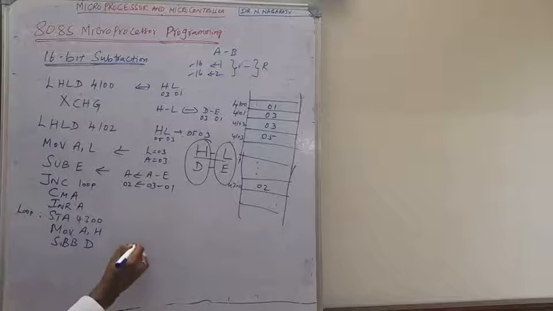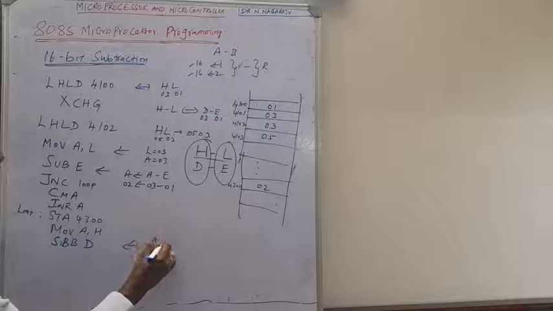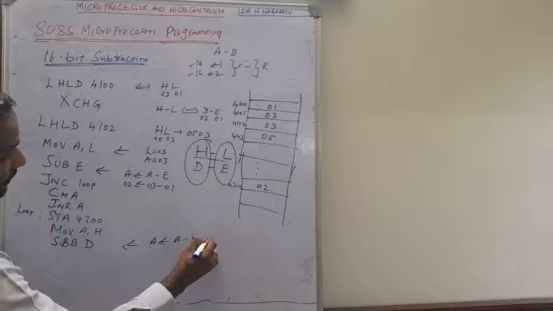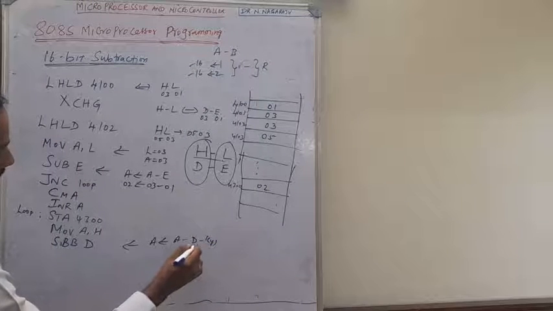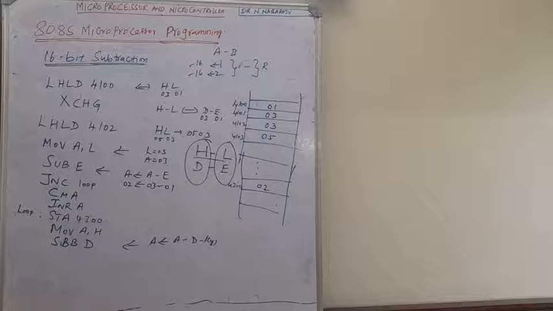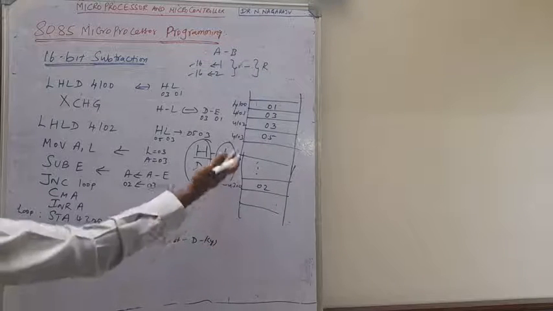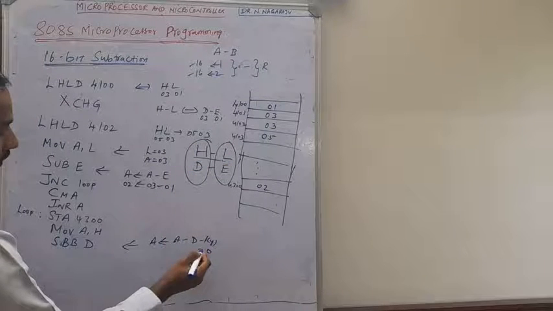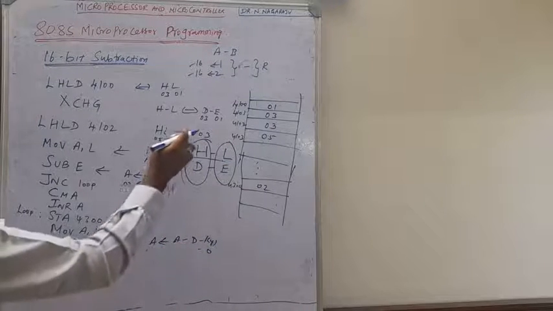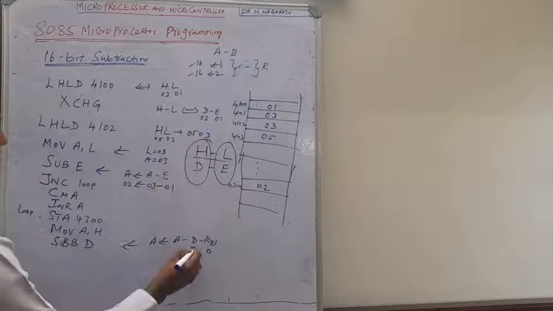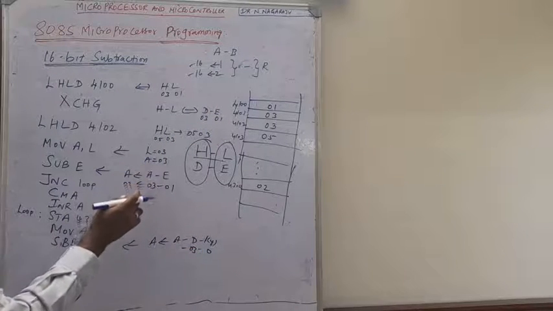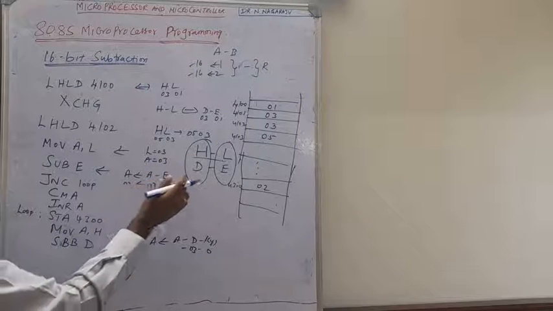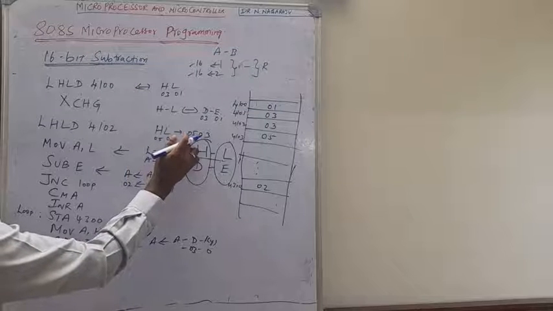What is the meaning of this instruction? A is subtracted with D and along with the carry flag. This is the meaning of the SBB instruction, right? Here the carry is 0 because a borrow was not generated in the previous step. D value is what actually? D is 0 3, right? And A contains the H content. What is the H content here? 0 5.